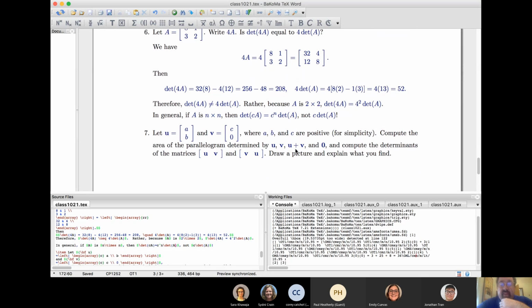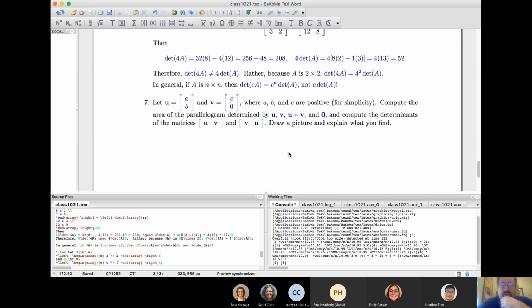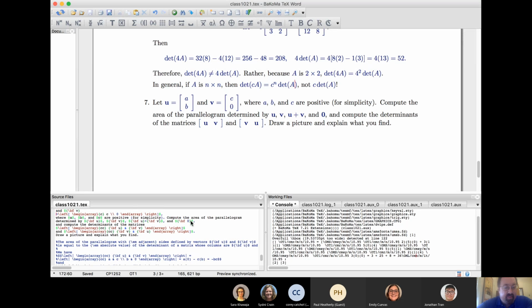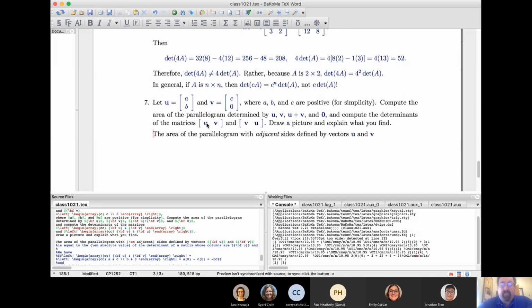Okay. Now here we have a geometric application of the determinant. So when you have a 2 by 2 matrix where the columns come from vectors that describe the sides of a parallelogram, the determinant actually can be used to obtain the area of a parallelogram. So if you have two vectors u and v that define adjacent sides of a parallelogram,